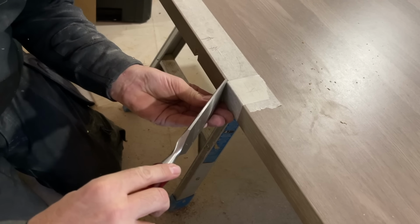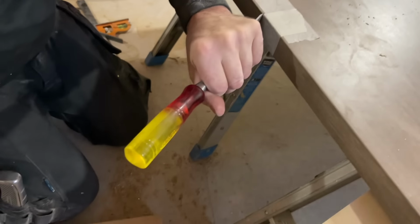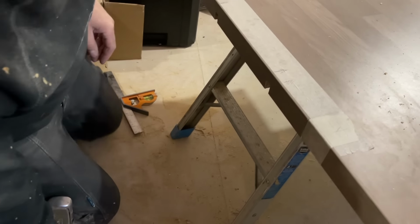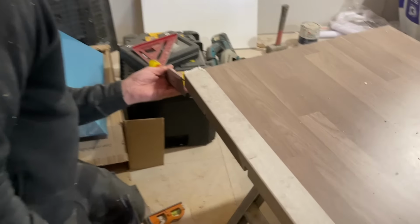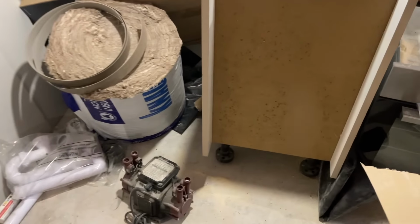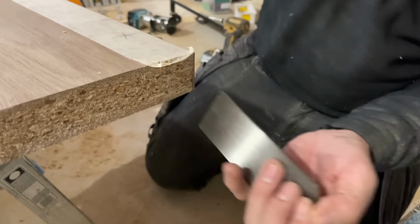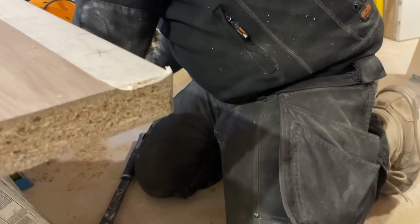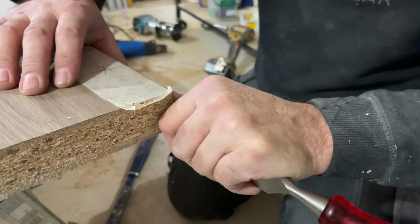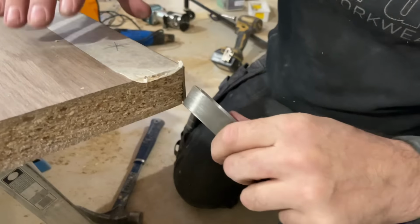Right, if I get my tape on there. What I don't want to do is actually go into the laminate itself. Right, I'm going to leave that at that. And then I'm going to try and get this side off. Whether or not it'll come off, I don't know. This is how I've done it before. You might want to jump round to that side, David. Obviously, you don't see the bottom of the work surface, so I'm going to start at the bottom. Watch myself, because these are brand new, these chisels, I don't want to cut my finger. And what I don't want to do is...